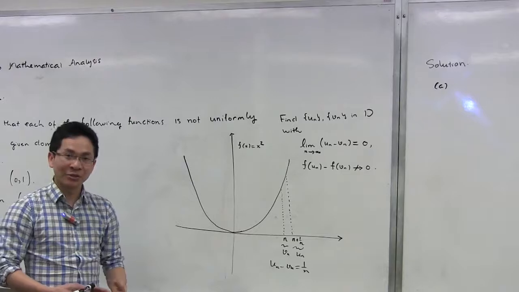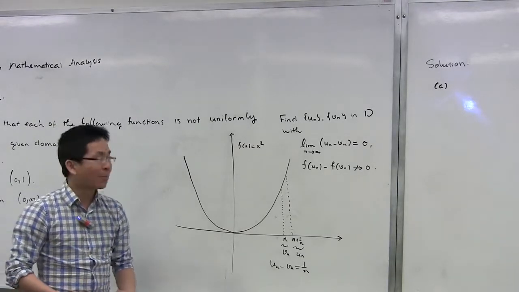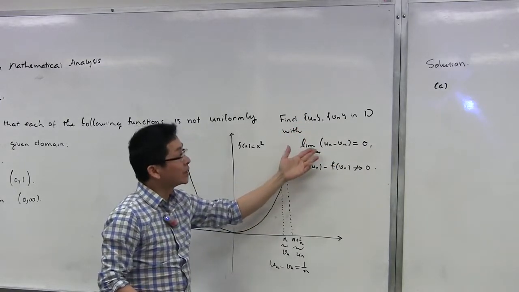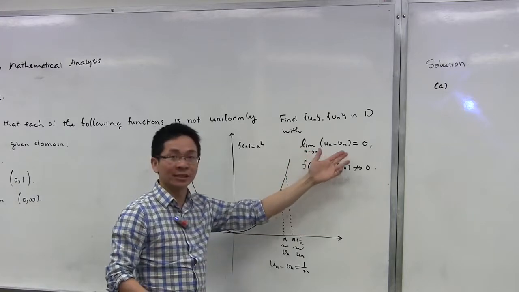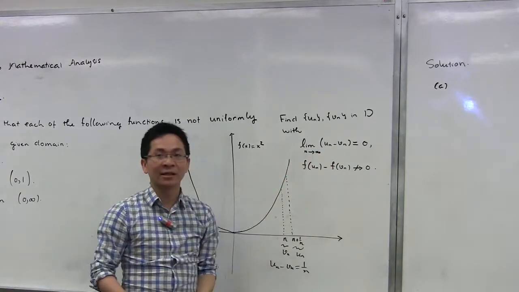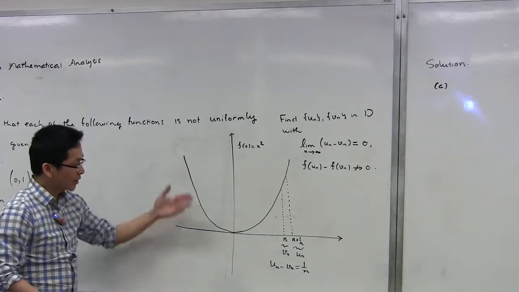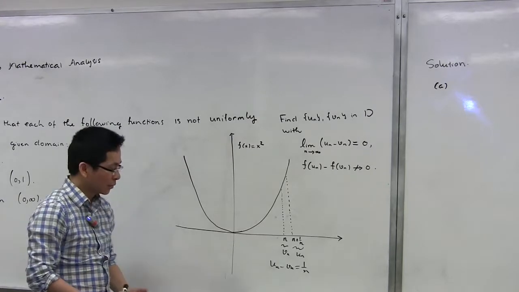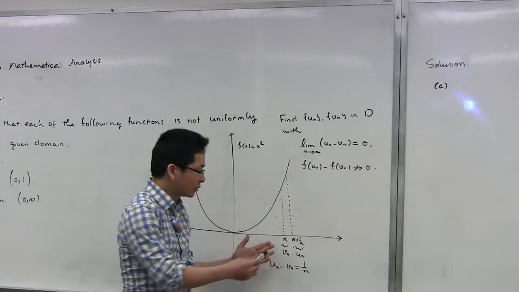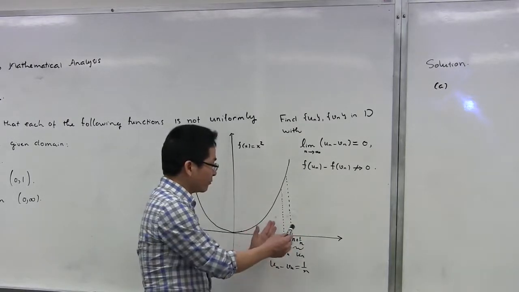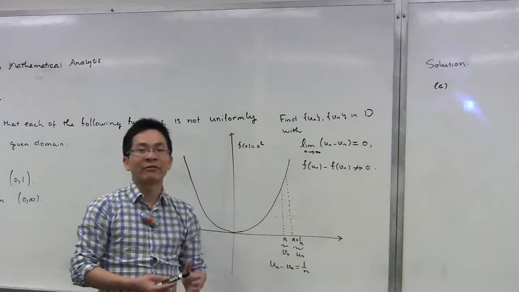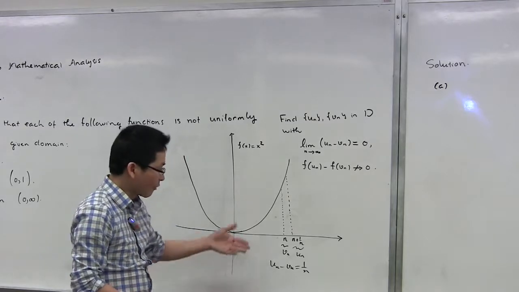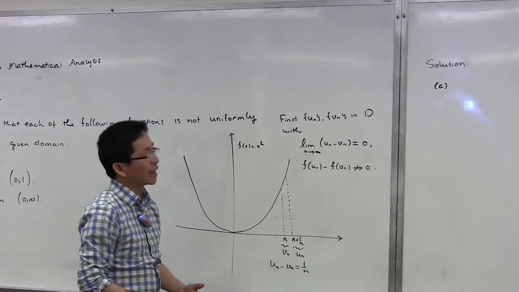Our strategy is to use the sequential criterion by showing that there exist two sequences un and vn in D such that the limit of un minus vn as n approaches infinity is 0, but f of un minus f of vn does not converge to 0. Okay? And this is the graph of the squaring function. Based on the behavior of the graph, we can see that even though u and v are close to each other, f of u and f of v may be far away from each other. That suggests we use the following sequences in order to prove that f is not